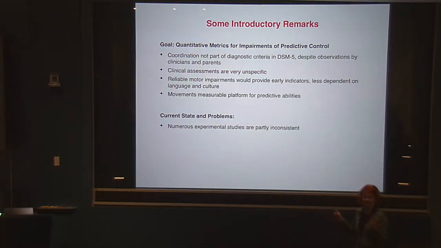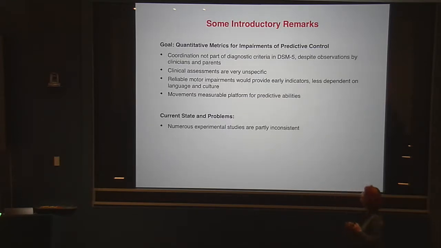So before starting with our specific experiments, let me just make a couple of introductory remarks. And the first one is referring back to the diagnostic criteria in the DSM-5 that Pawan already showed. And while one of the criteria is the degree of repetitive stereotypic behavior, movement coordination otherwise is not included in the diagnostic criteria, despite the observation from many caregivers and parents that motor skills are not comparable to healthy